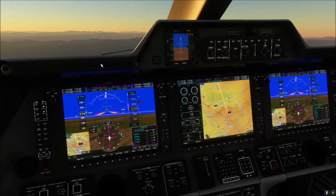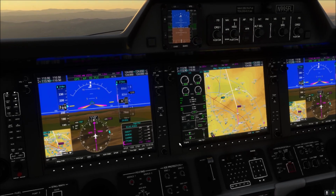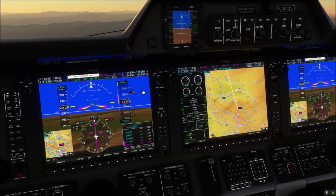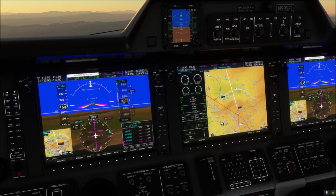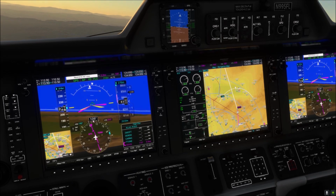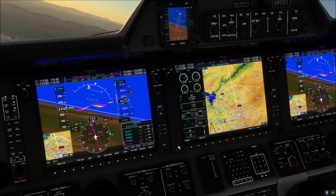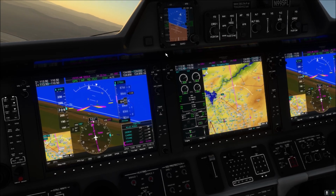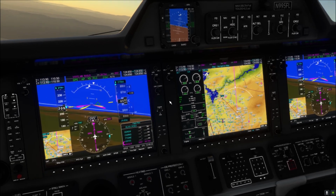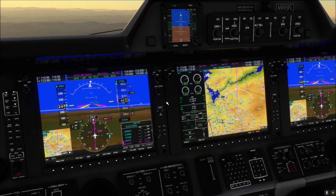We're at 8,000 feet, and the transition altitude here is 18,000. We're climbing at 210 knots at pretty much 1,300 feet per minute, and we're okay. And we can just adjust the range on this. There we go. Another benefit of the Phenom over the Mustang, apart from the fact it's more powerful, so it has a greater range, I think, and speed,